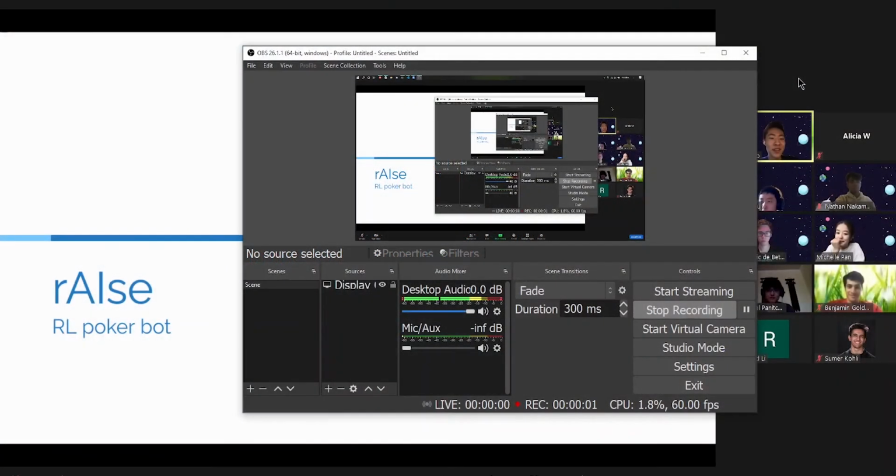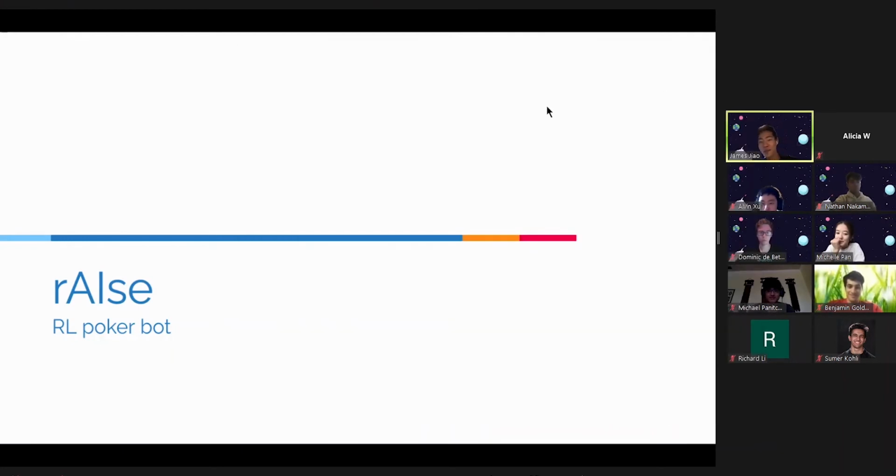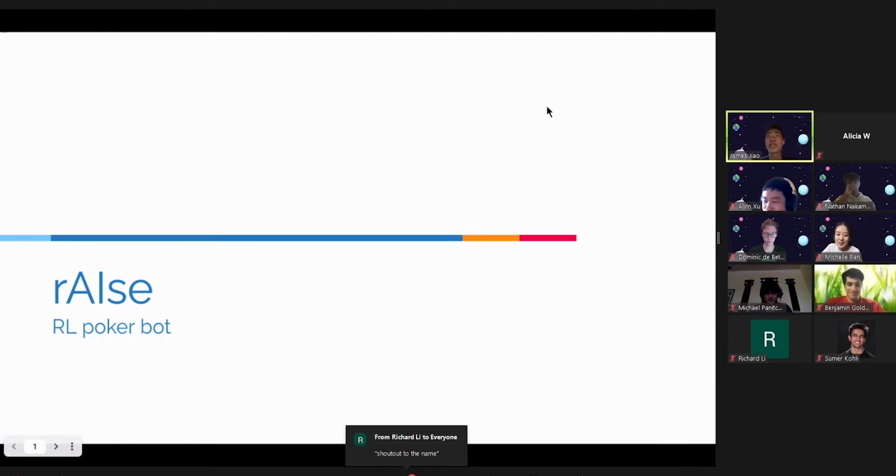First off, I want to give a shout out to the name. As you can see, the A and I are capitalized because it's a machine learning project, and it's rAIse because we're doing poker stuff. I put a lot of thought into the name, so pretty proud of this one. But basically our goal is to create a poker bot that can play Texas Hold'em, no limit Hold'em, and